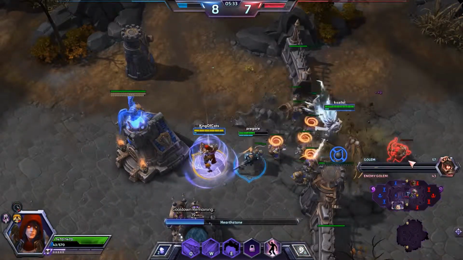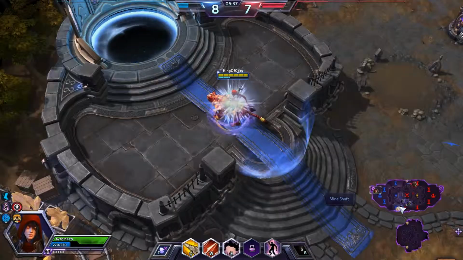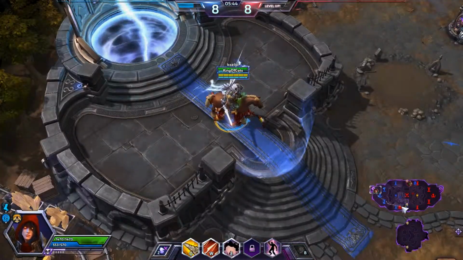We're going to go back to the base, get some mana. As you can see, the enemy Stitches is chasing Rhaegar and Illidan in the middle of the base, but they're going to split and be safe. They're going to be fine. Our golem managed to get down both of their towers. Their golem only took out one tower on the wall, but the other tower is really close to falling, so